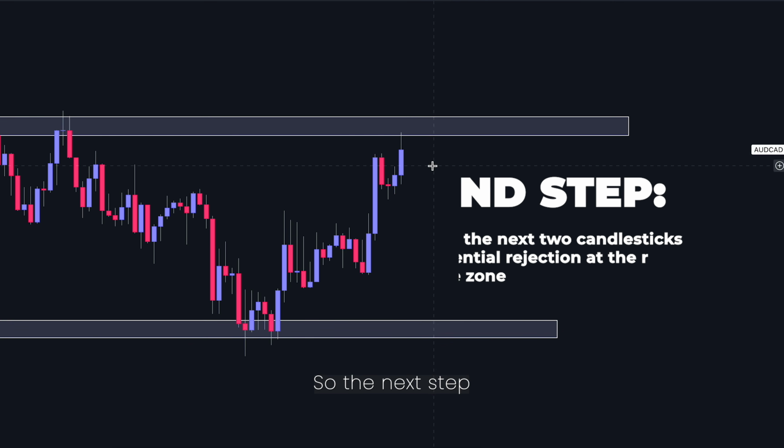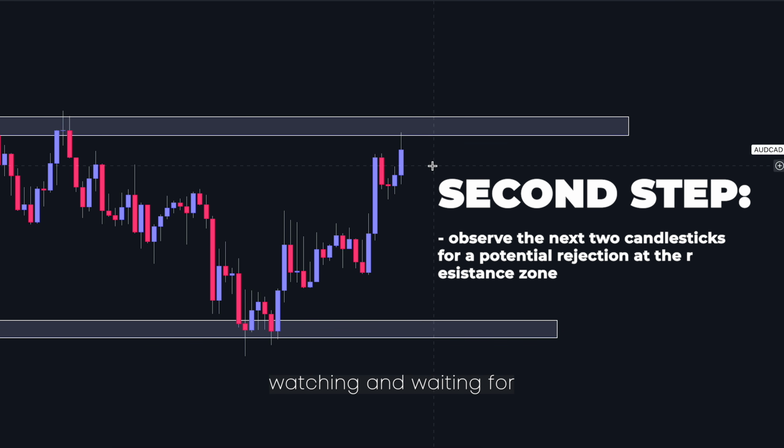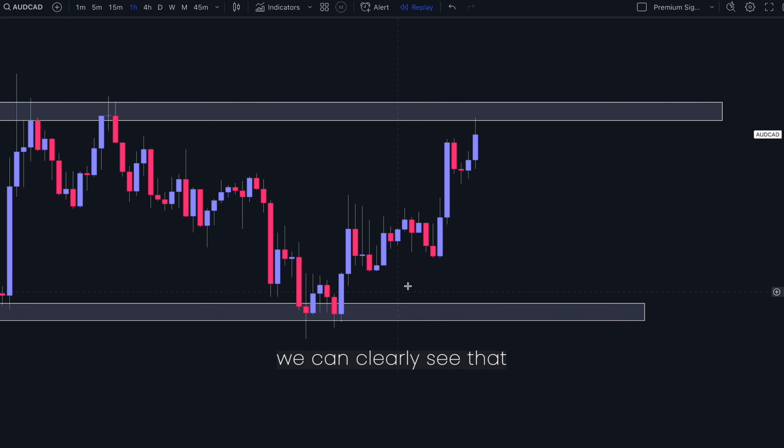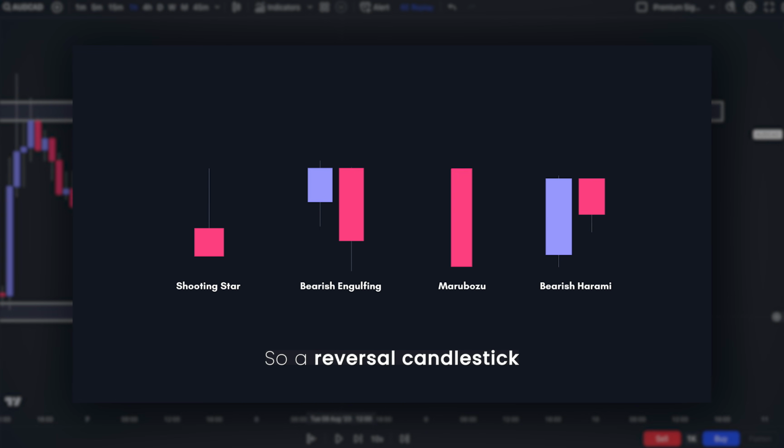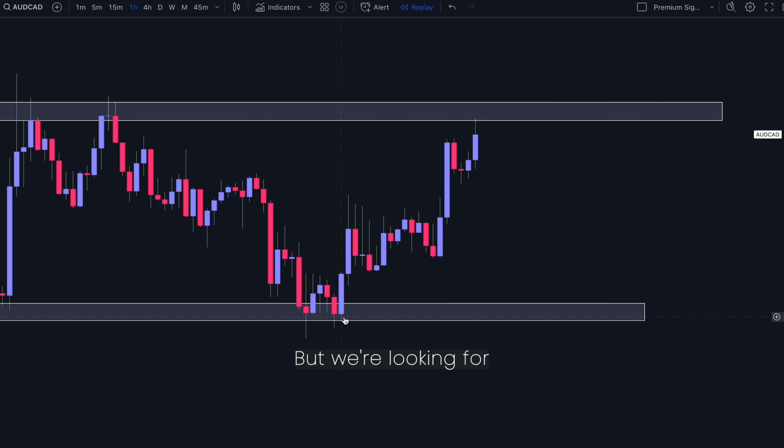So the next step in this trading strategy involves watching and waiting for when the price hits this zone once again. So in this example, we can clearly see that the price is moving towards the resistance zone after being rejected off the support. So a reversal candlestick at this point would be ideal because it would align with our expectations, but we're looking for a significant reversal candle to really confirm that the price is turning around